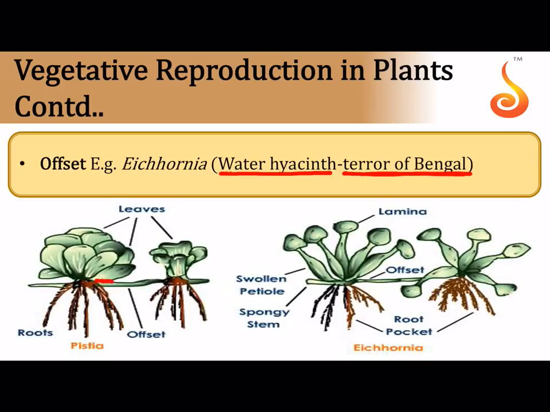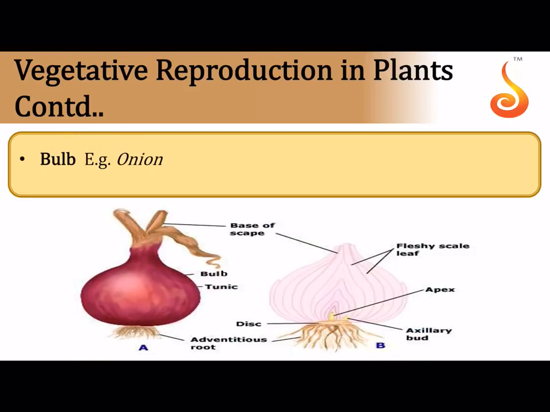Isn't it? So this is an offset. An offset, as you can see, is a green branch. It is just like the runner. It is emerging now. This is the parent. It is emerging from the base of the parental plant, and it travels a certain distance, and it has given rise to a daughter plant. Again, the daughter plant will give out from its base a new offshoot, which is the offset. Isn't it? So this is exclusively seen in aquatic plants. So it grows horizontally and it gives rise to new plants.